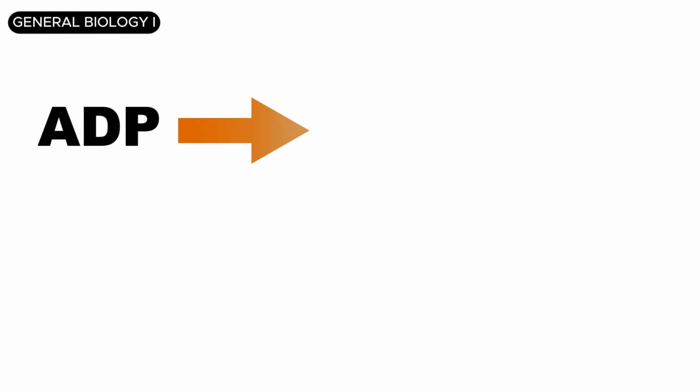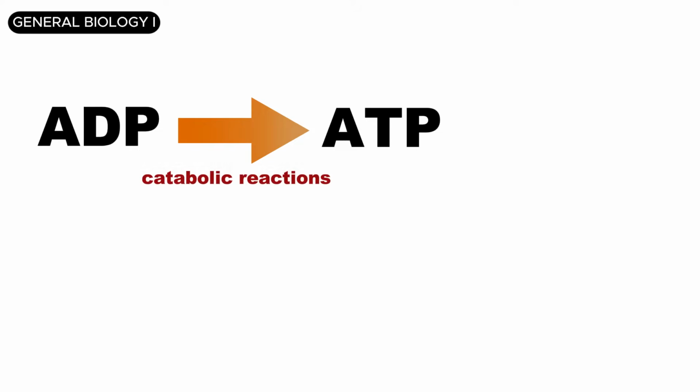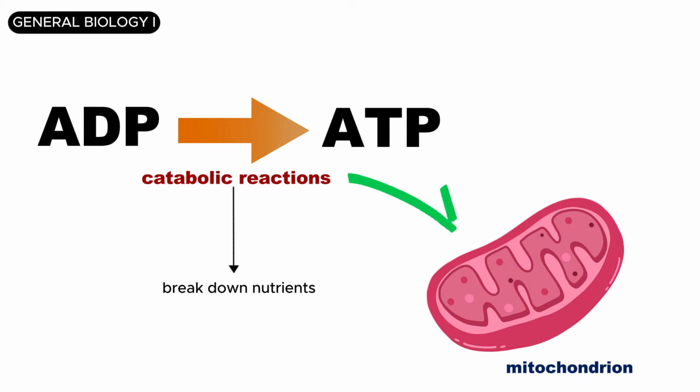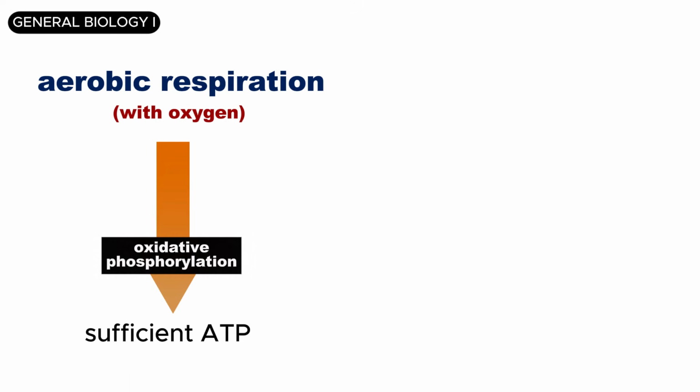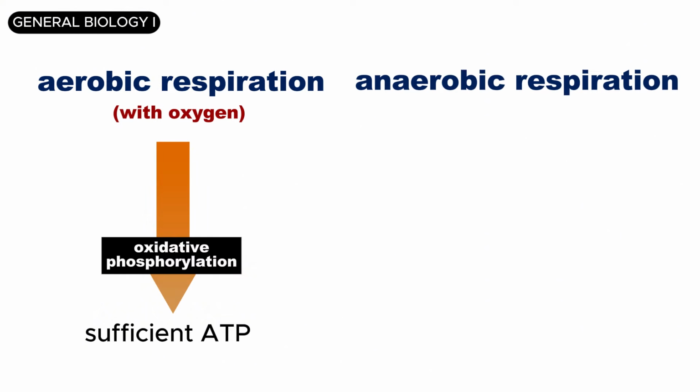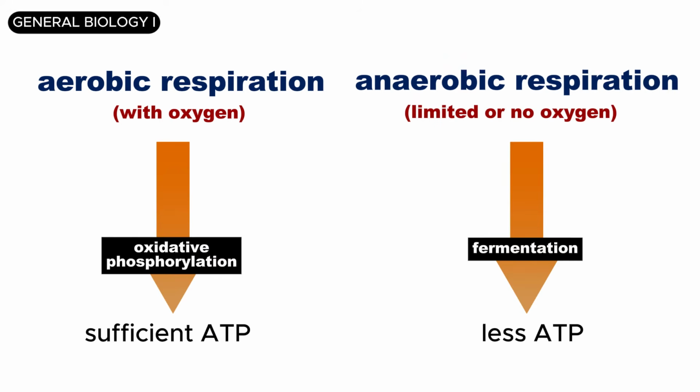To regenerate ATP from ADP, cells use energy from catabolic reactions, processes that break down nutrients like glucose and fatty acids. This occurs primarily in the mitochondria during cellular respiration. In the presence of oxygen, aerobic respiration produces ATP efficiently through a process called oxidative phosphorylation, which takes place in the mitochondria. If oxygen is limited, cells can also produce ATP through anaerobic respiration or fermentation, but these methods yield